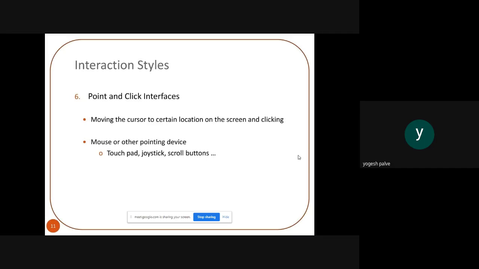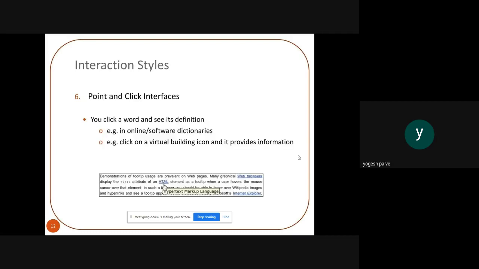Mouse or other pointing devices, as you all know, include the touchpad, joystick, and scroll button. Whenever the application is based on gaming, there will be use of the joystick, and there will be use of the touchscreen. So it is also very applicable. In a point and click interface, you click a word and see its definition.